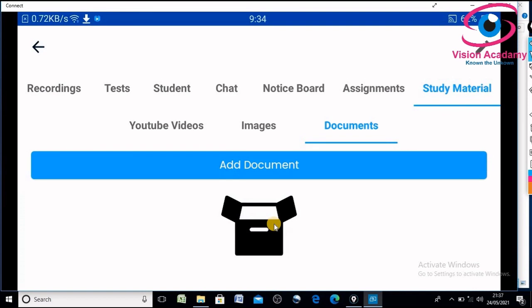So this is how the Teachment app is very important and very useful for a lecturer or teacher. You can conduct tests, you can conduct assignments. If you want to go for other apps like Google Meet, Zoom and so on, you have to opt for some other app along with that for class purposes.